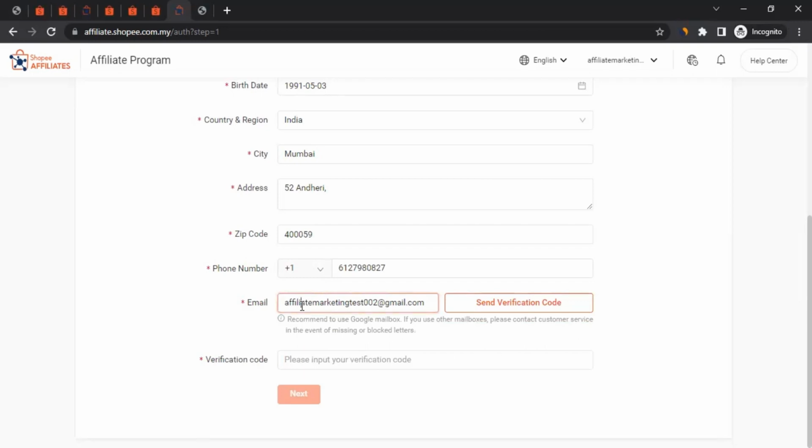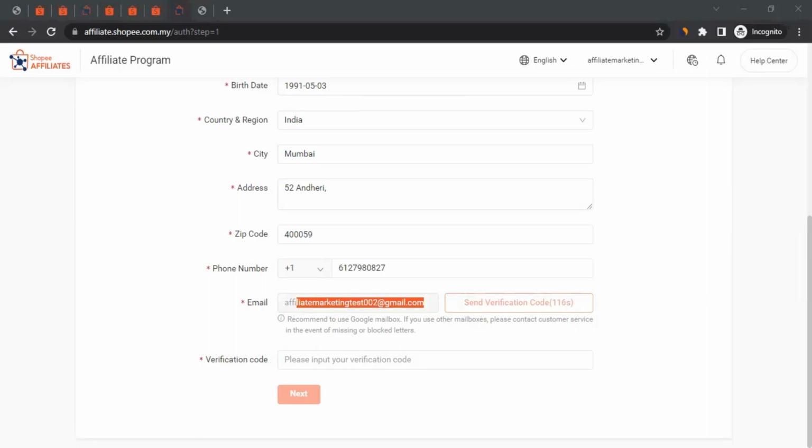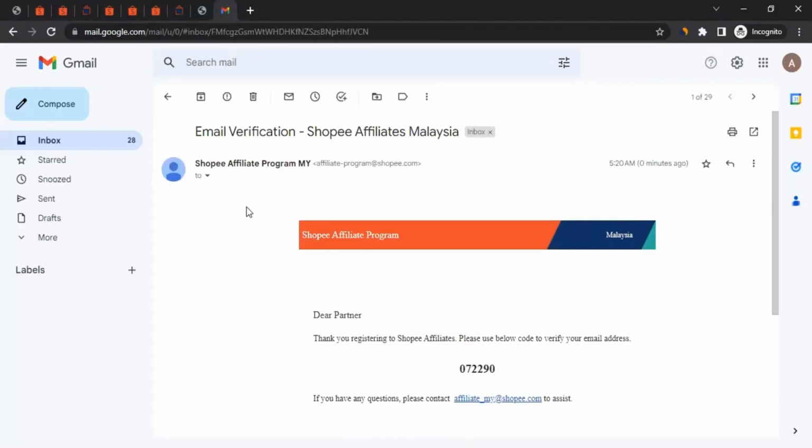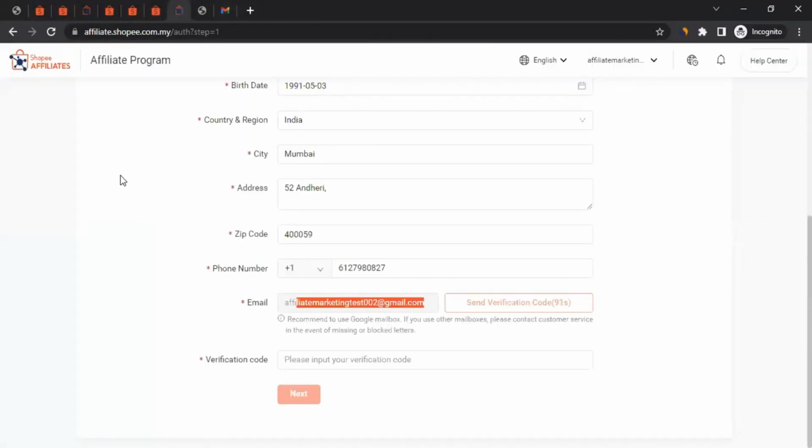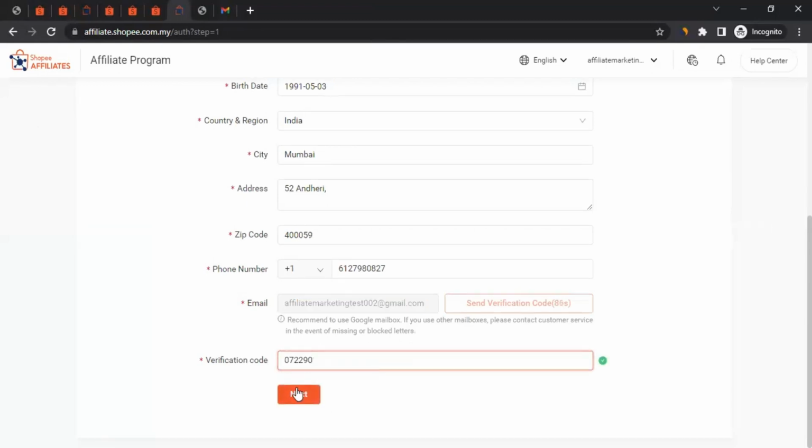When you clicked on sign up and selected your Gmail account or any other email account, you will see that email address in here. You have to click on send verification code. When you do that, it will send the verification code to your Gmail account or whatever email account you have given here. So let me go to the Gmail account to see that code. Okay, so this is my Gmail account and I got the email from Shopee affiliate Malaysia. As you can see, similar to that, you will receive an email. You can open the email, you'll see your code in there. So I just copied my code and I'm going to go to the registration form again. In your case, you can also do that. You can enter the code in here and then you can click on next.